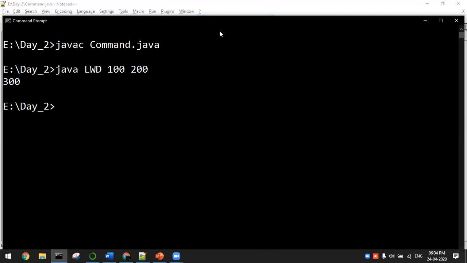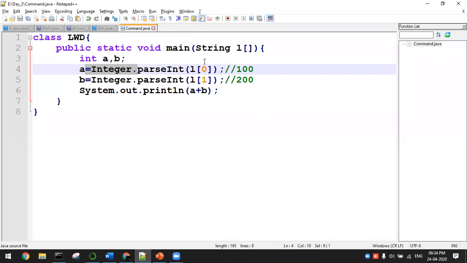Yes or no? Command line argument with the help of the Integer.parseInt technique. That is, you are converting a string type into the respective data type. This is called auto boxing. So you are just making use of a string argument into a